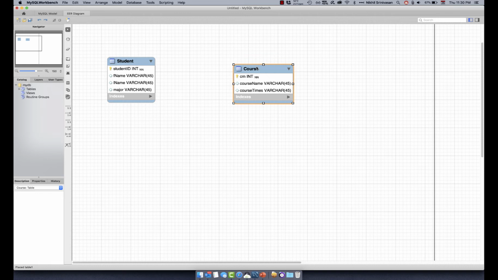To create a many-to-many relationship between these two entities, the many-to-many relationship implying that a student takes many courses and courses can have many students, we need to use a new type of relationship in MySQL Workbench. N:M. This icon allows us to create a many-to-many relationship between two entities. When we click on that icon,